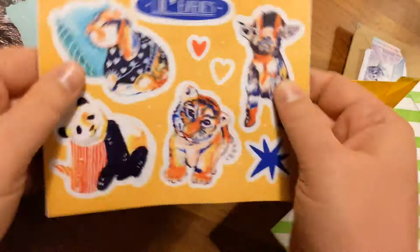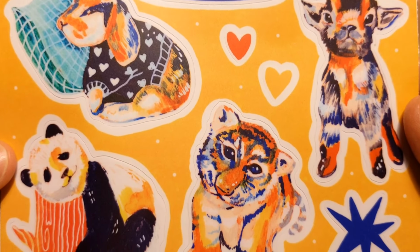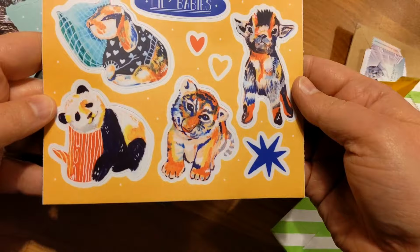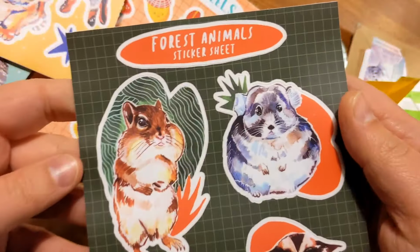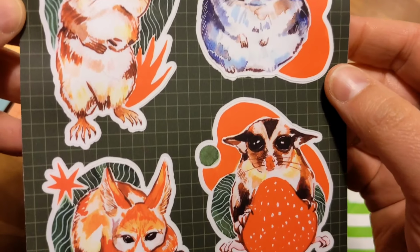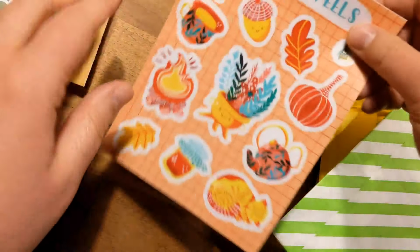And then you know I had to order the little cuties spread of animals. I've actually painted that little goat on the right myself in my sketchbook like over a year ago. And then I saw that she'd painted it in her style, very different style. So I had to have that. This is a spread I painted in my Moleskine sketchbook and followed along with her. They're so cute. So I just have great memories of these, and I can't believe I'm going to have them